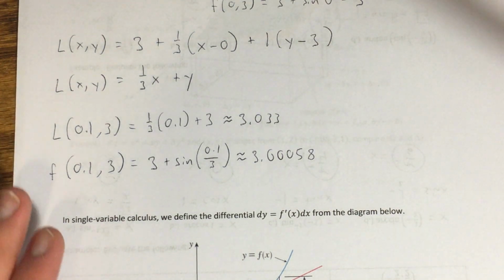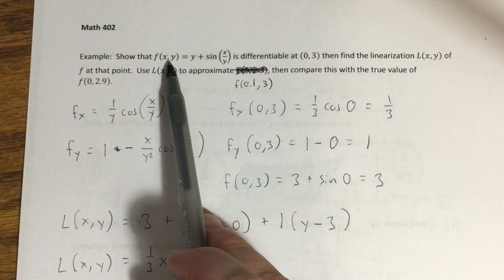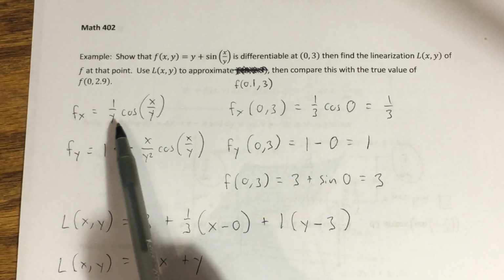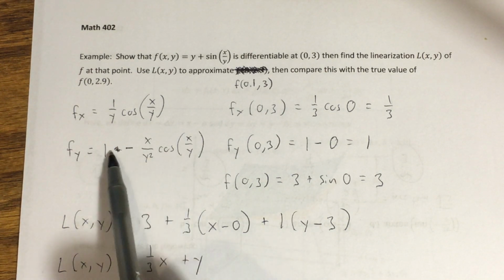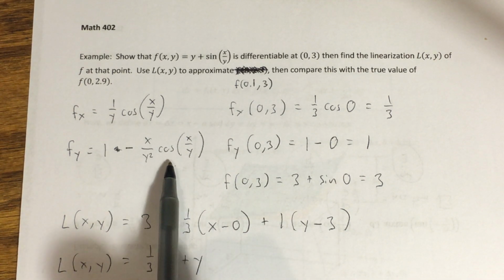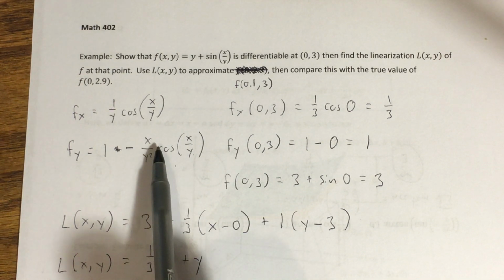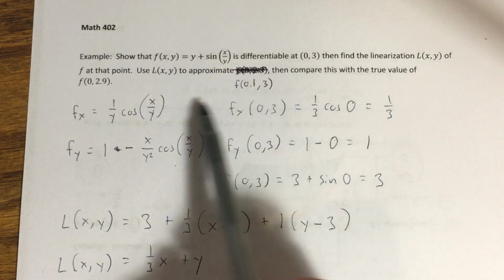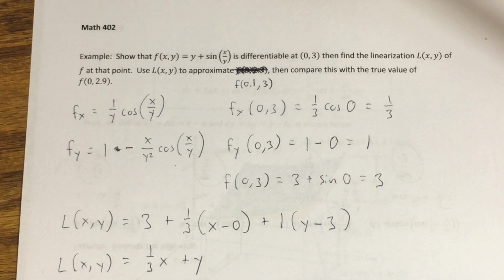One thing I didn't really draw attention to, but it was mentioned in the statement of the problem, is that we wanted to show that this function is differentiable at this point. And how do you do that? Well, again, in light of that theorem, we took our partial derivatives, fx and fy. These functions are continuous everywhere that they are defined, and they are defined anywhere that y is not equal to 0. If you notice, that's the only place where the domain is going to be restricted. But if we're looking at the point (0, 3), the y coordinate's not equal to 0. So these things are defined and continuous at that point and near that point, so that's going to mean that we have